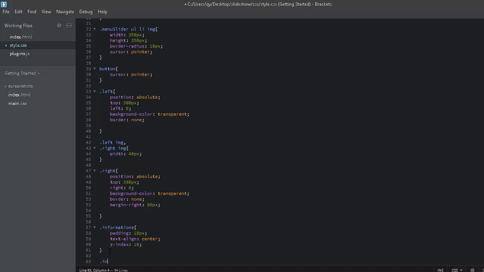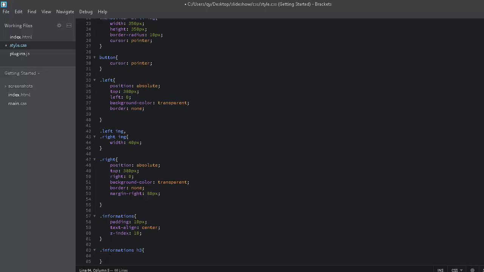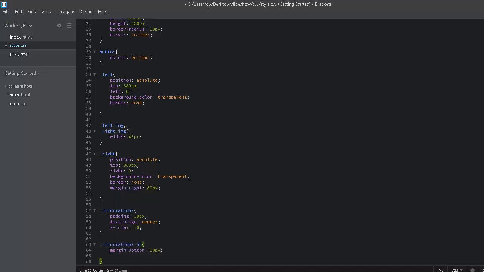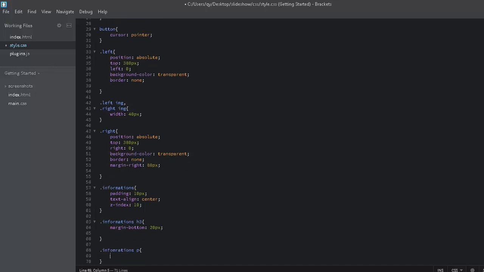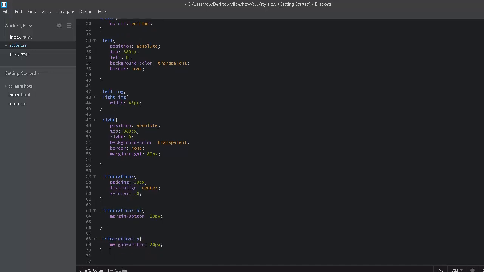Information also the same class, information h3, the title, a margin bottom, and what I need also for the button. I will add a margin bottom also for the P. I can combine it, and for the button